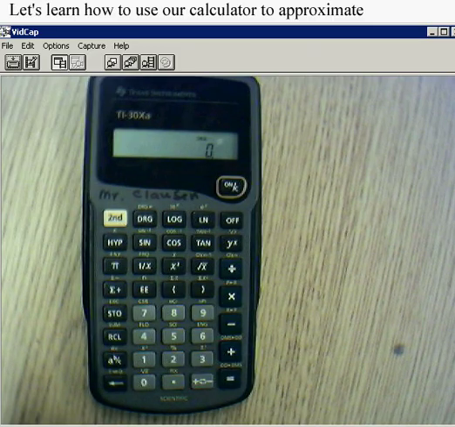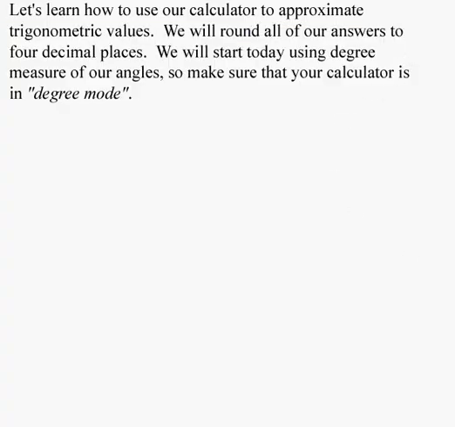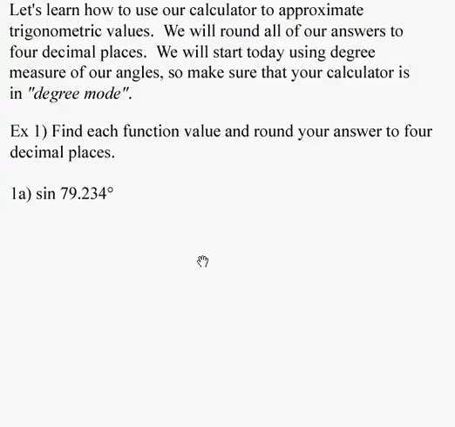Now, if yours does not say DEG, it might have a capital D for degrees, and if you see an R, then of course it would be in radians. If you see a G, that would be in gradients. So the first thing to do is to first of all make sure you are in degree mode. Otherwise, your answers will not be correct. All right, so to do that,